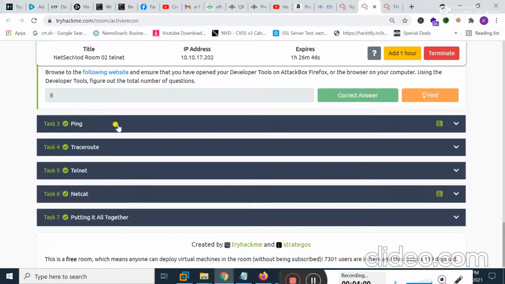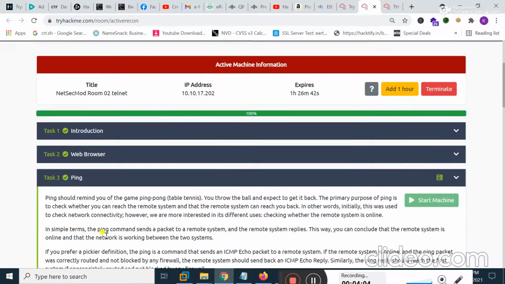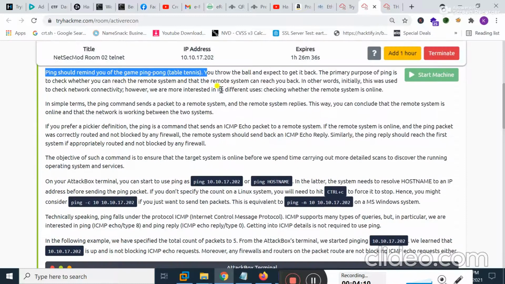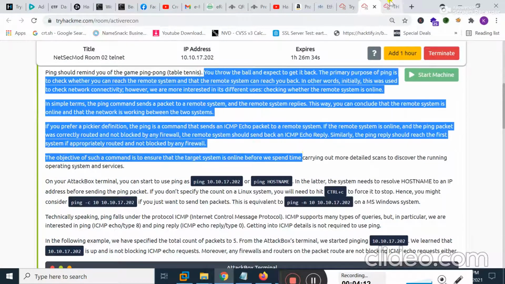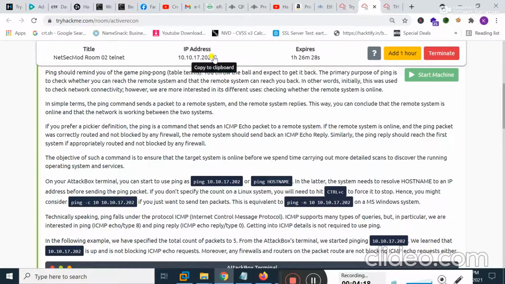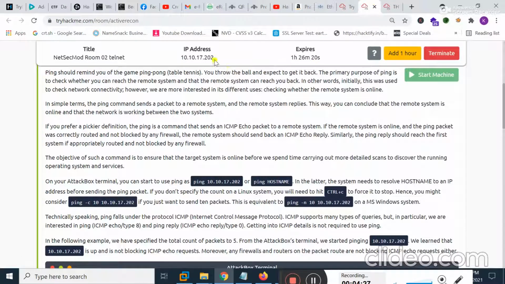Let's jump to task 3, that is ping. Ping should remind you of the game ping pong, table tennis, and I'm not going to read all the theories, I'm just going to show you the practical. Let me show you. If you type here ping and the target IP address and hit enter, when I use this command and hit enter,